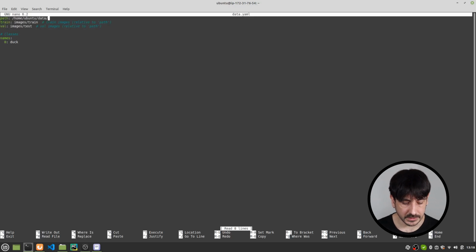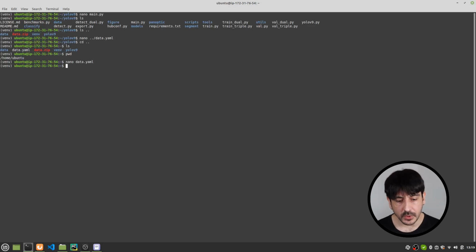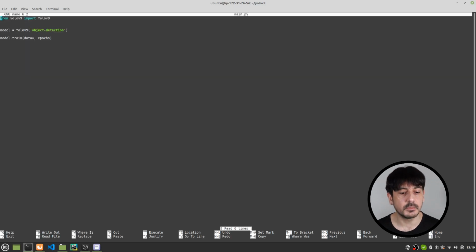Home, Ubuntu, and data. Yeah, everything is okay. Okay, so we have created this file. Now let's get back to this repository, and I'm going to keep on editing this file, main.py, and now I'm going to specify the location of this data.yaml file we have created, which is home,